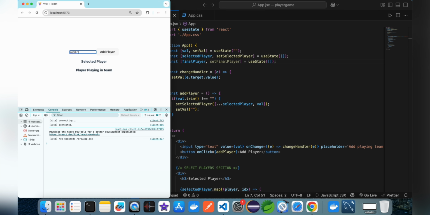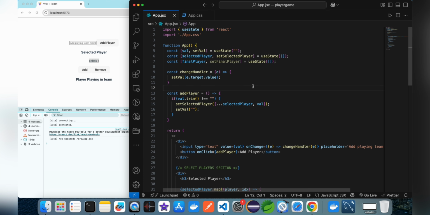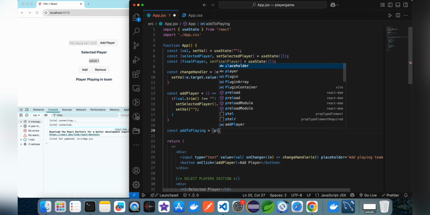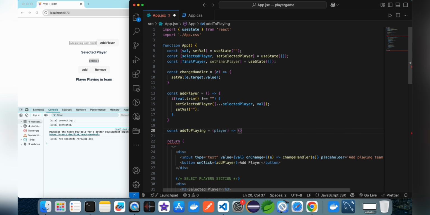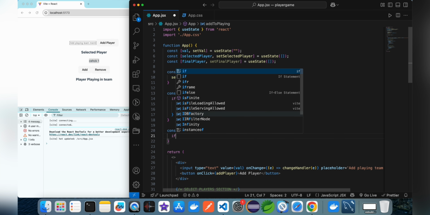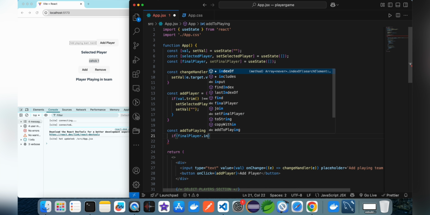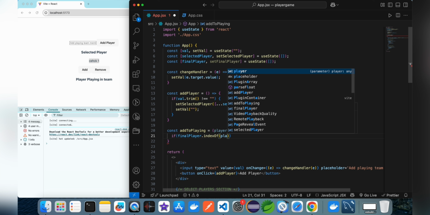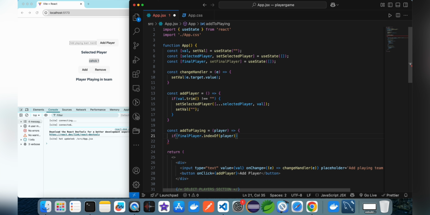So I think 60 to 70% of your logic is achieved. Next one is for the selected player. When the selected player is available, then from the selected player list you can filter your final player. So for that I make another function, add to play, and here from the argument I get each player name where the button is hit. So for that